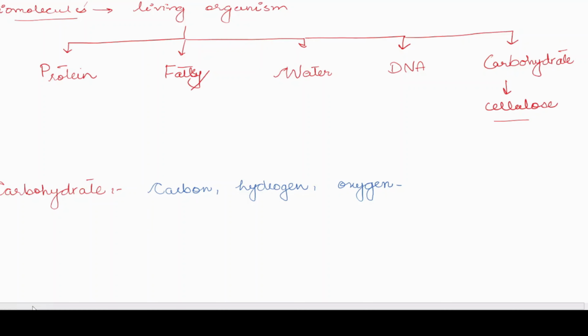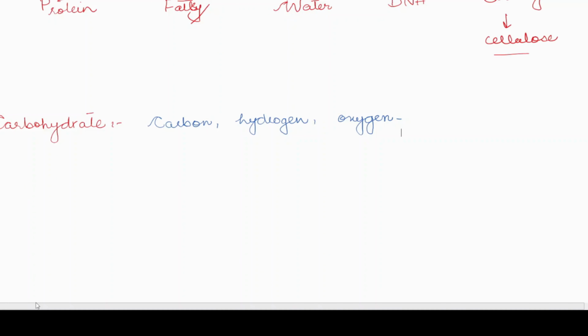Now carbohydrate is a general term. We have different classification for this one. The very first one is the simple carbohydrates or simple sugars, and the second one is the complex one. The simple ones are like glucose. Glucose is a very simple molecule. It has only one unit. What is meant by one unit and many units?